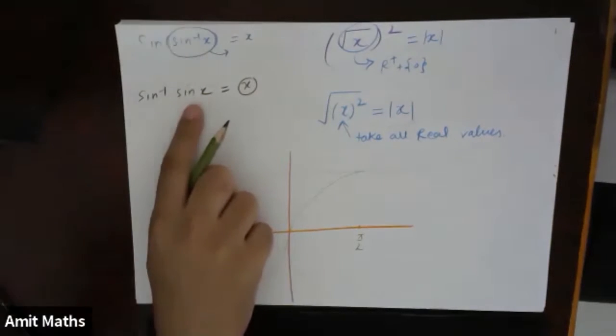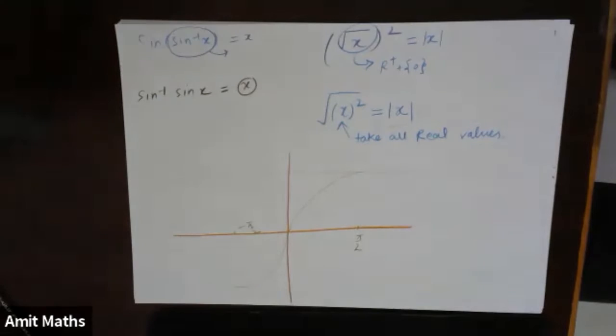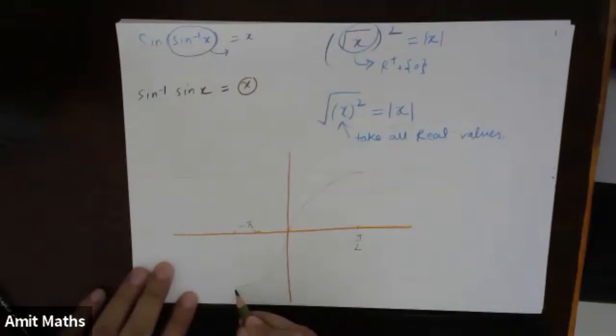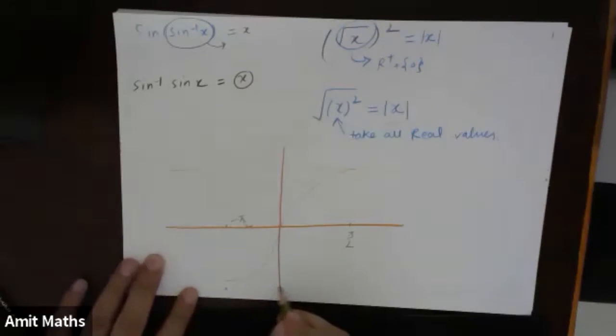Now sine inverse of minus 1 will give you output what? Again minus pi by 2. It will give you output again minus pi by 2, right? So that means for minus pi by 2, what is the output I am getting? I am again getting for minus pi by 2 the output as minus pi by 2.